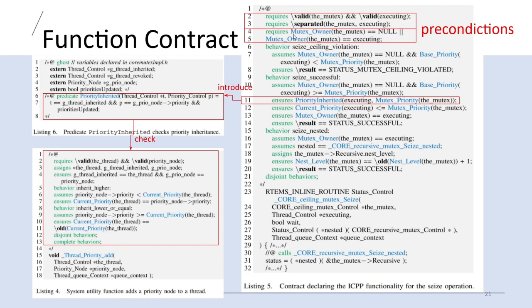The function constraint precondition is that the mutex and the executing task must be valid, the memory location must not be overlapped, and the mutex owner must be free or be the current requesting task. The behavior of the successful